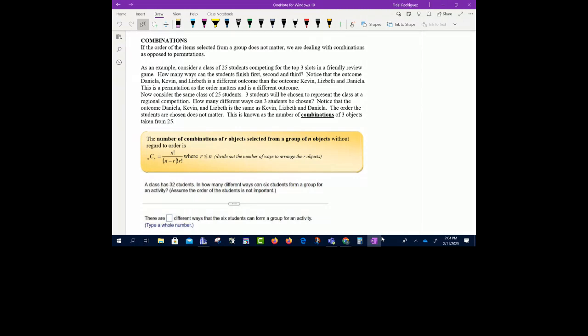Now, in a combination, y'all, the order is not important. So if you think about a combination, a real easy combination to think of is in the morning. If you go to Stripes and you ask them, can I get a taco of bacon and egg? And they're trying to be funny with you, say, I'm sorry, all I have is egg and bacon. It's the same thing, right? That's what a combination is. Doesn't matter the order. It's the same thing, right? Okay, so